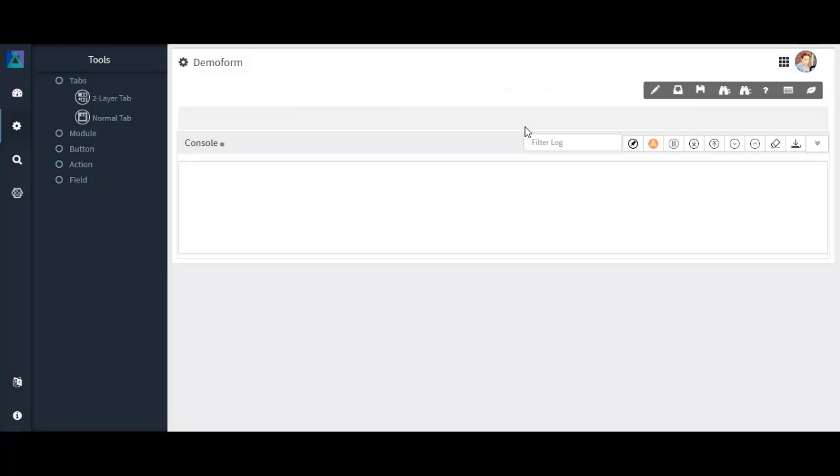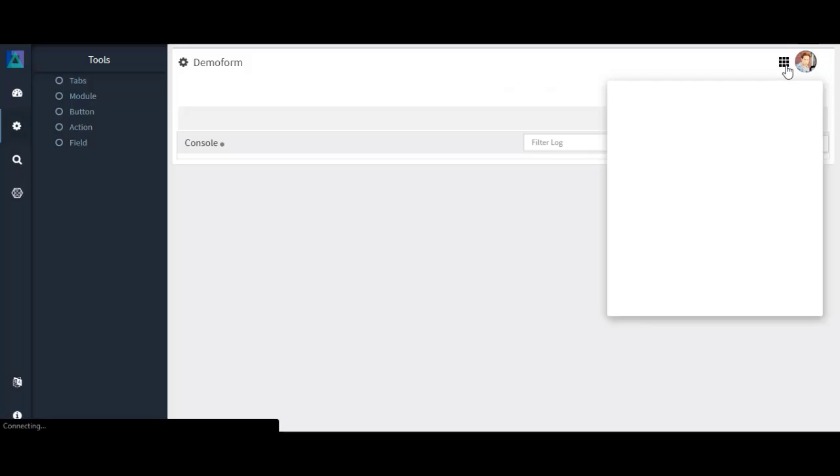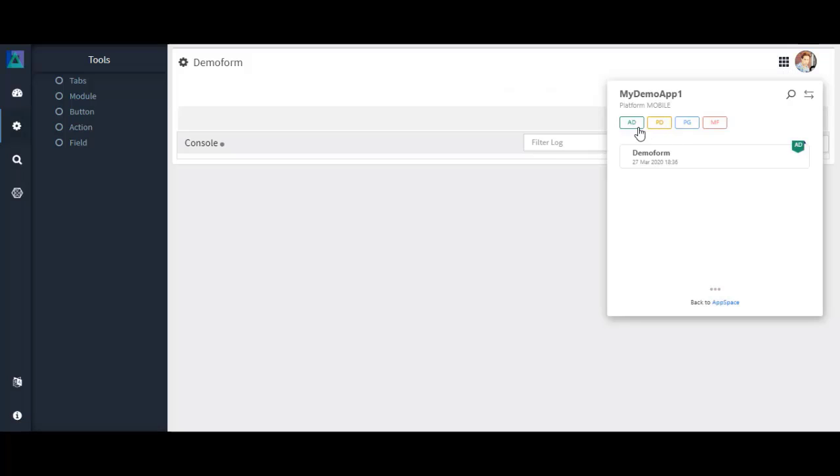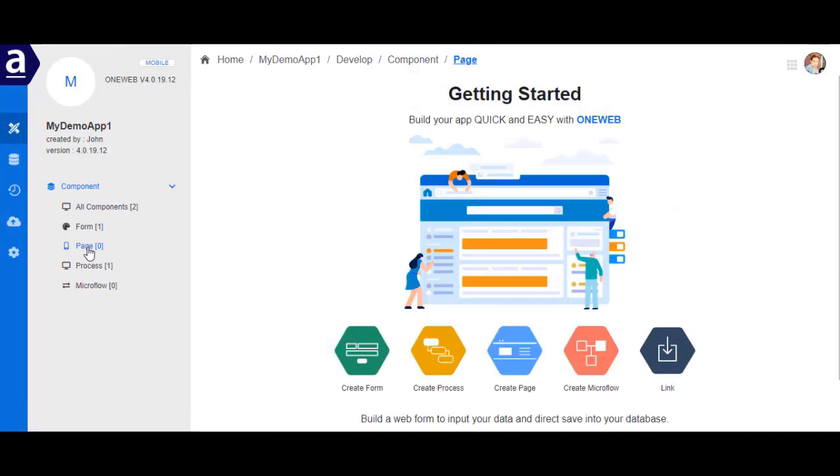Now if you are using one component inside an app space and would like to go back to the home screen or switch to any other OneWeb component, this could be done by using an app switcher. This cube-shaped icon is called an app switcher. You can click on it and it will display all the 4 components that you see inside an app space. Once you start to build applications, your applications may consist of multiple OneWeb components in AppSpace. So using this app switcher, users can easily select and redirect to different components or redirect back to the AppSpace home. Let us move to the next component, which is Page.